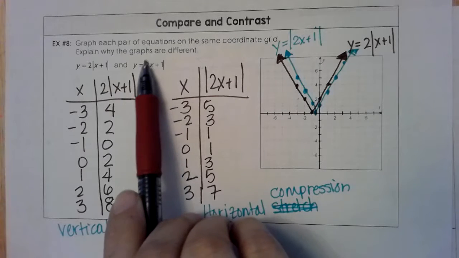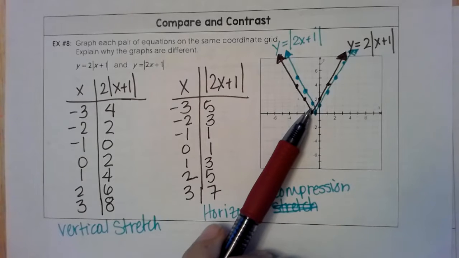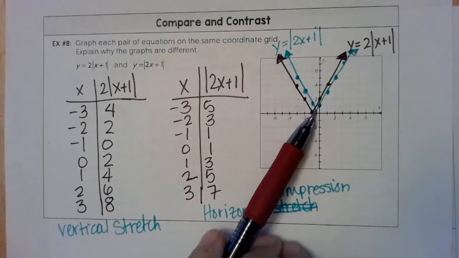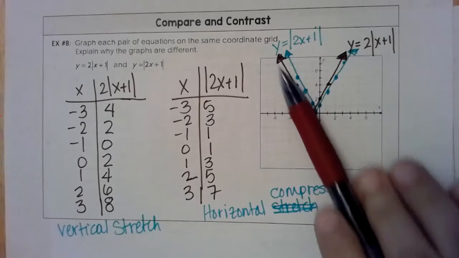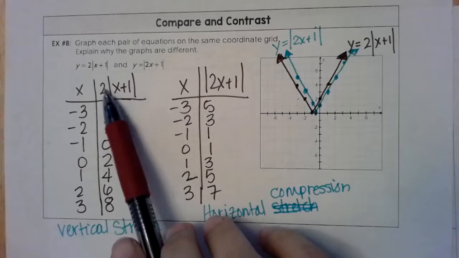So we can actually draw the 2x plus 1 as a line to where the vertex is, and it will give us an idea of what it would be. And the same thing going the other direction, we can actually draw the negative 2x plus 1 and it would give us the other direction. Another way of doing this is to